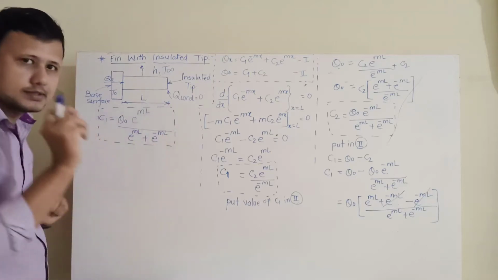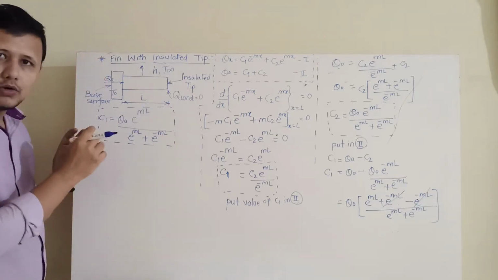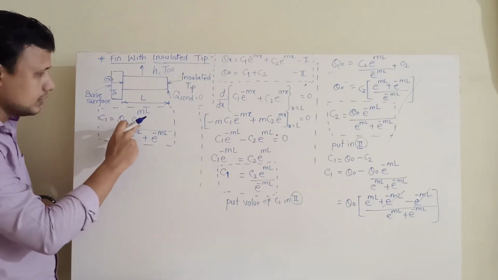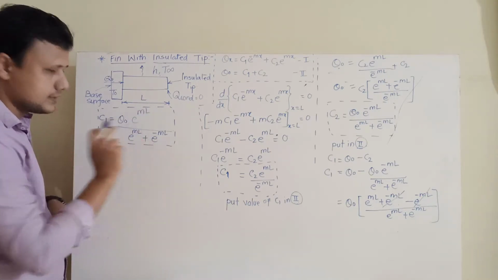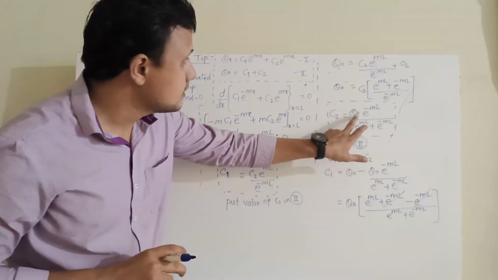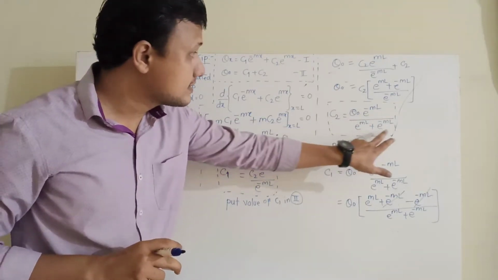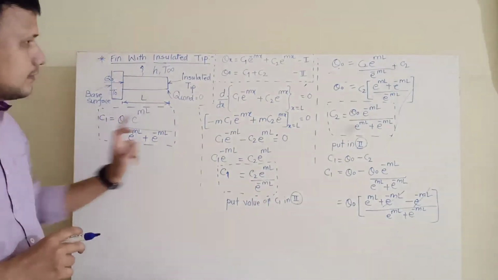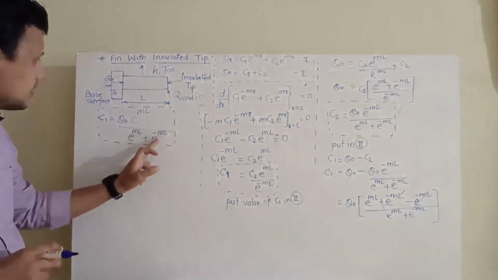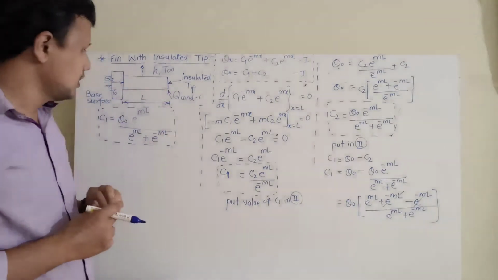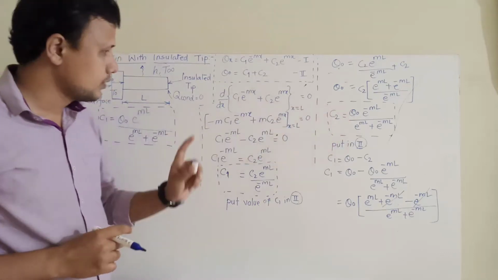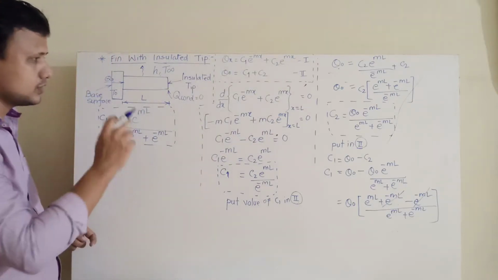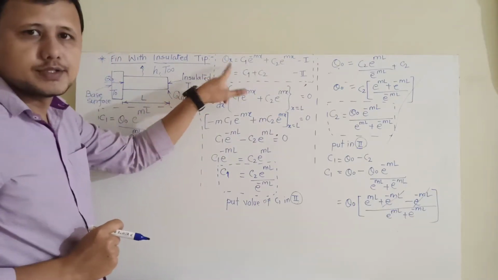Now if you observe a similarity, you can also check your answer or derivation in between the writing. So C1 is equal to theta 0 e raised to positive ml upon e raised to ml plus e raised to minus ml. C2 is theta 0 e raised to negative ml upon the same denominator. So they have the same denominator, which means we have written the values of C1 and C2 in terms of the parameters which are known from the physical conditions. So we have values of C1 and C2. Now we will back substitute these values in the measure 1 equation, and that was our sole objective because this equation gives us the temperature distribution.